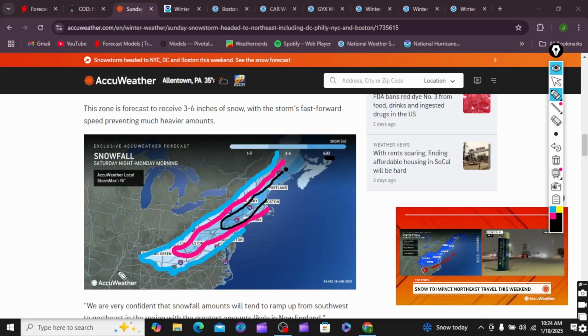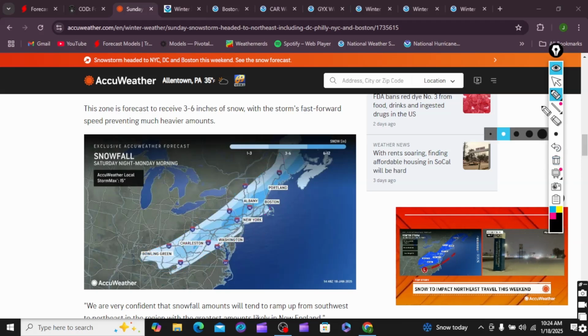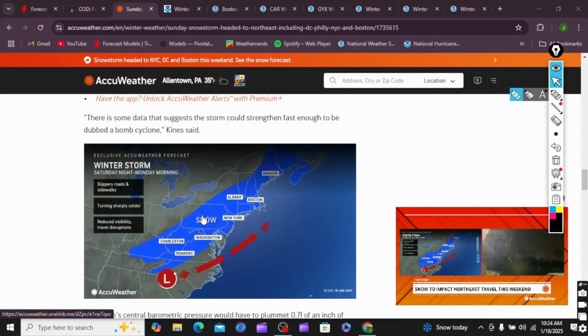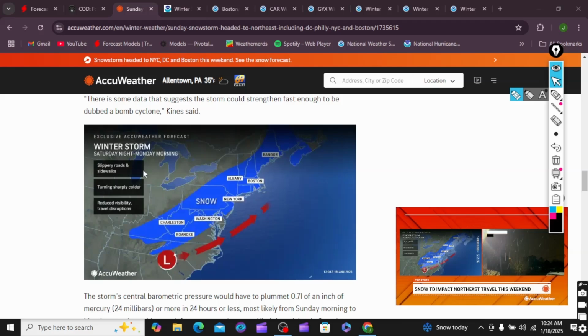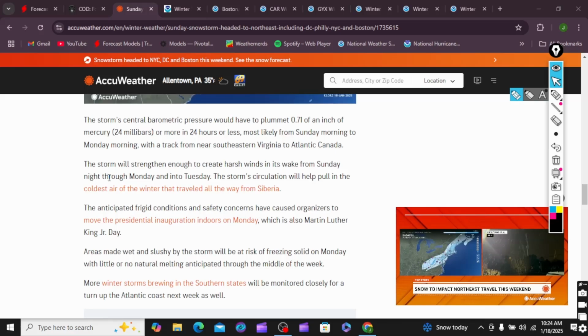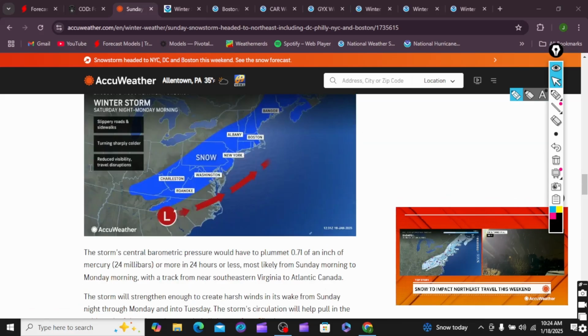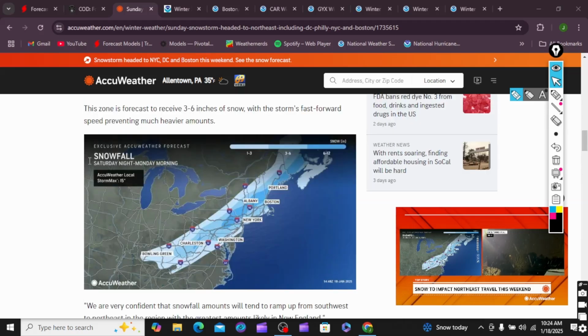This is the AccuWeather winter snowfall forecast for this nor'easter. That's their forecast, and then they go on with the discussion and the winter storm forecast exclusive. And that's how AccuWeather forecasts it.